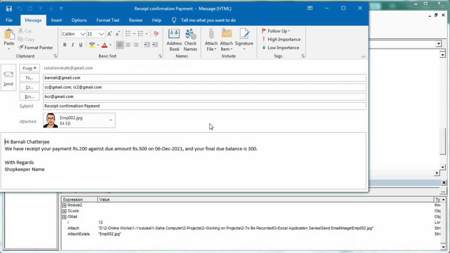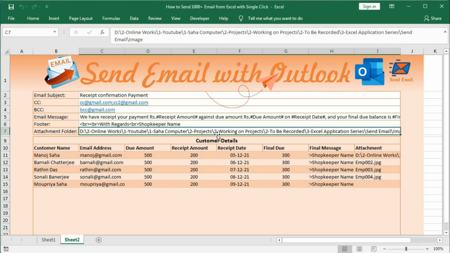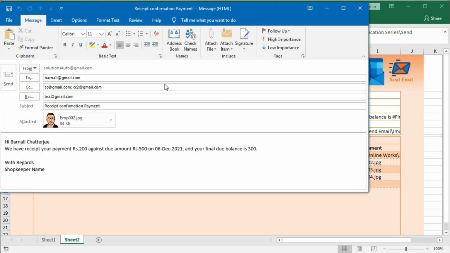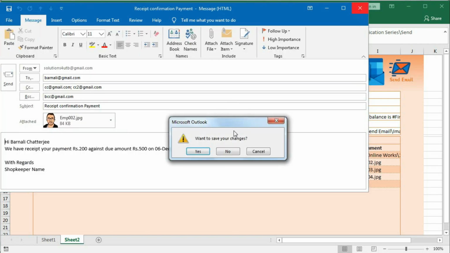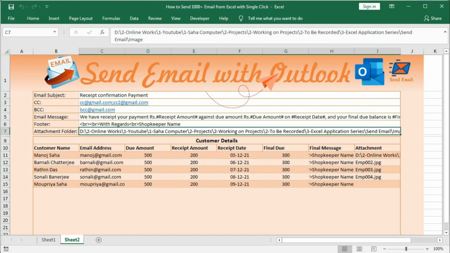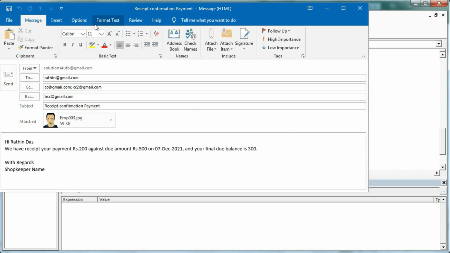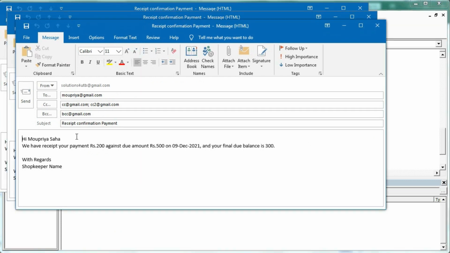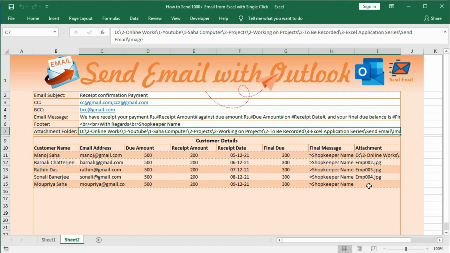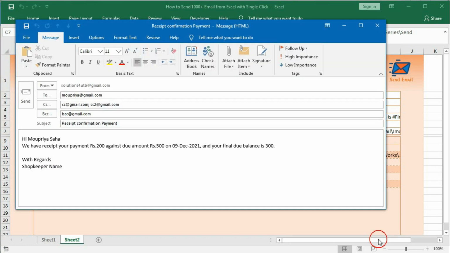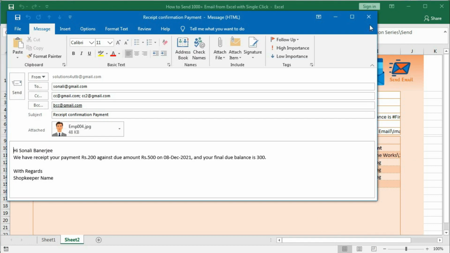Now we will check for the second message. You can see this is the second message. We have the attachment because this folder has this file. Now just run this, close this one, and we will just run this. So you can see the message, and the last one does not have a message, as in the last we do not have a message. Now delete this one.